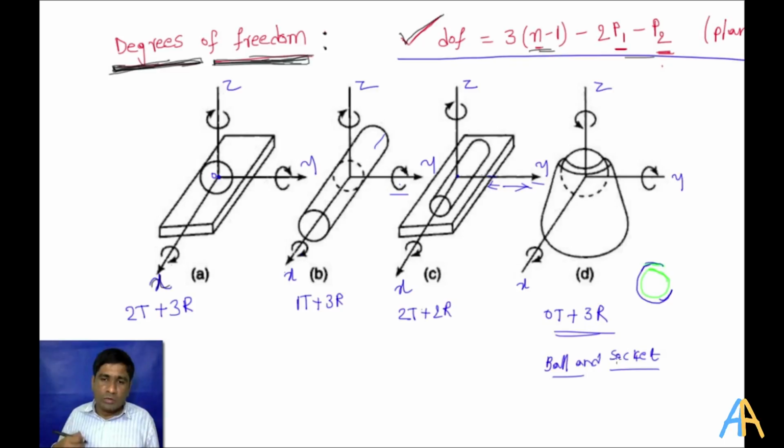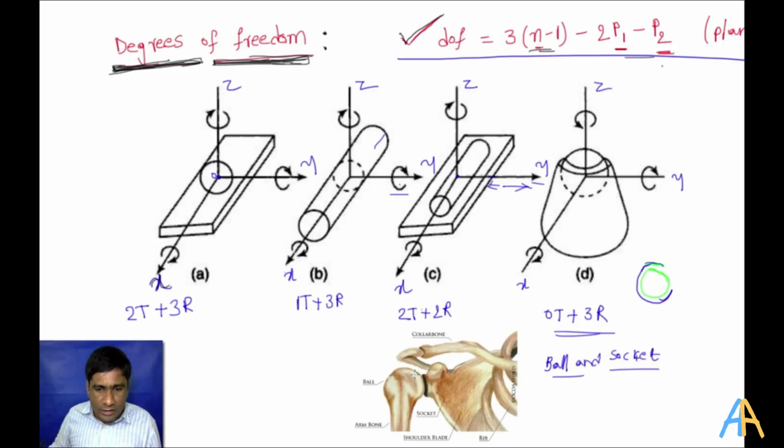In our human body we have so many pairs of this ball and socket joint. For example, our shoulder is the best example. This is the shoulder, and this is the hand. This is the hand and this is the ball. It looks like a sphere, right? And this is the groove or socket. That is our main body. At the end of this we have a groove-like structure, and the hand is a sphere-like structure. So here translation is not possible, but only 3 rotations.